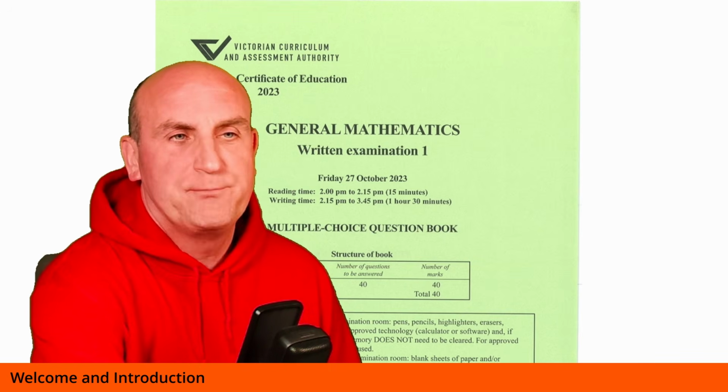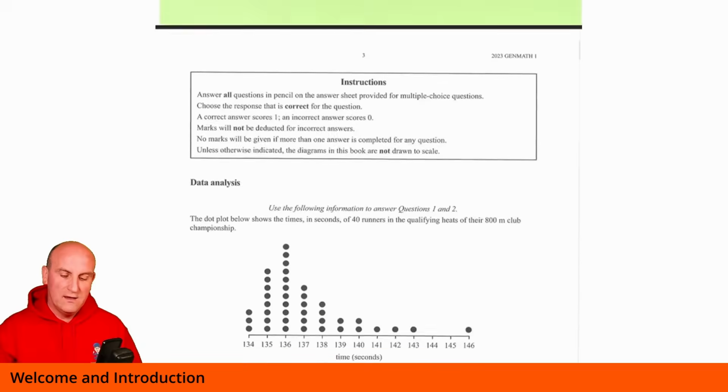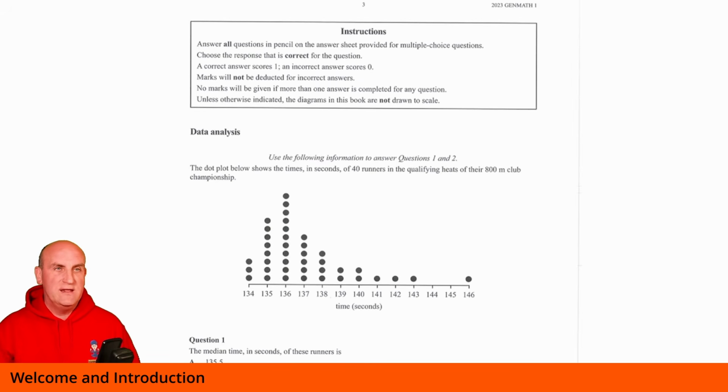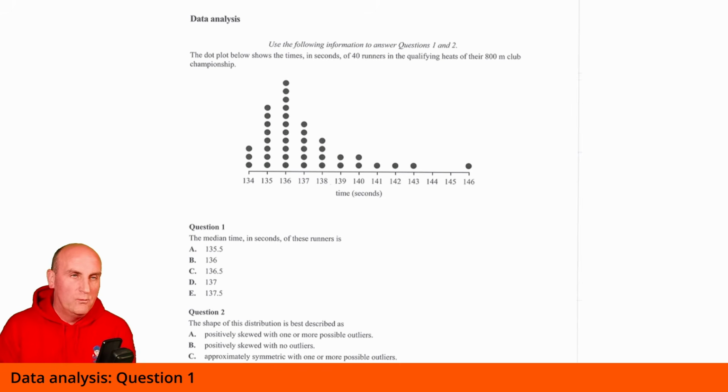Right, so should we get going? I think so too. By the way, I don't work for VCAA. I don't have access to their solutions. This is just my view on what I think the answers should be. Hopefully I don't go through it too quickly. I know that many of you out there are desperate to get the answers. I know they'll be released on Reddit and what have you, but here we go. These are the worked solutions.